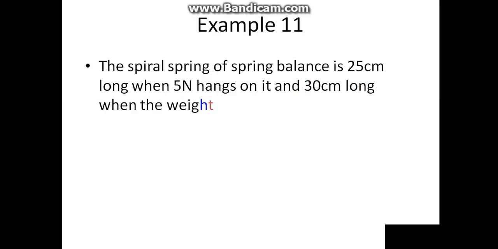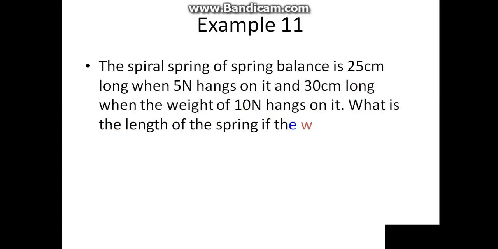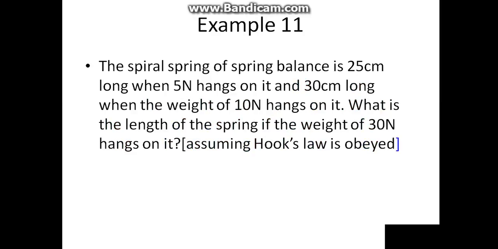A spiral spring of a spring balance is 25 cm long when 5 Newton hangs on it, and 30 cm long when a weight of 10 Newton hangs on it. What is the length of the spring if a weight of 30 Newton hangs on it, assuming Hooke's law is obeyed? Given the length is equal to 25